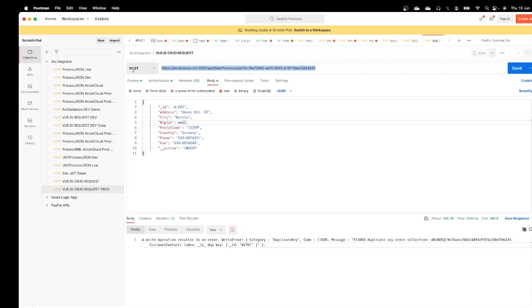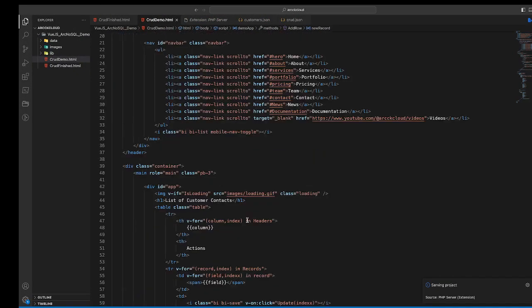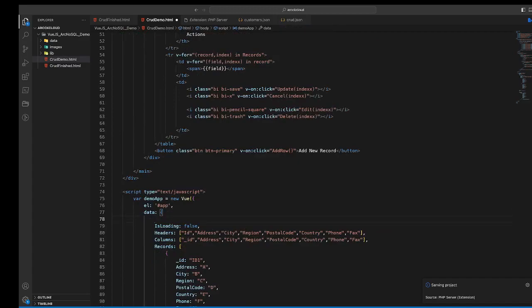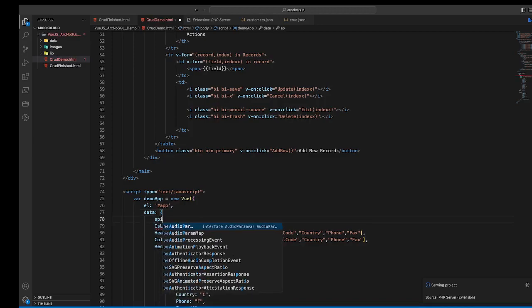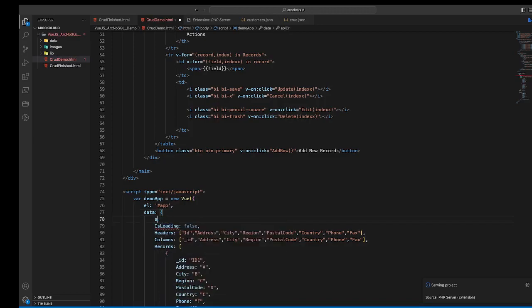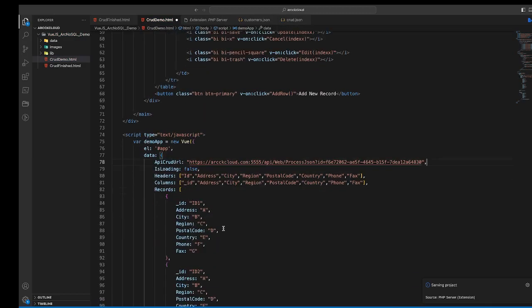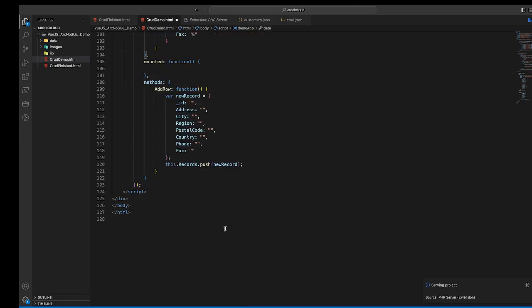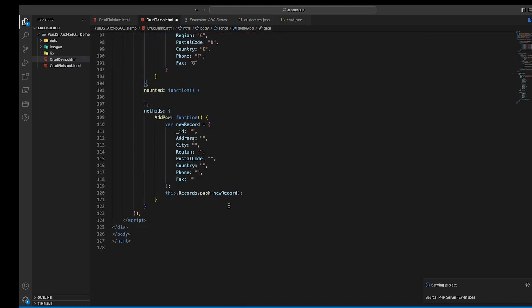So we'll grab this URL and we'll put that in the code. We'll add a code here for the API. We'll say that the CRUD API CRUD URL is this. Now we'll use that URL for making requests. So when we do an add row and we hit save,